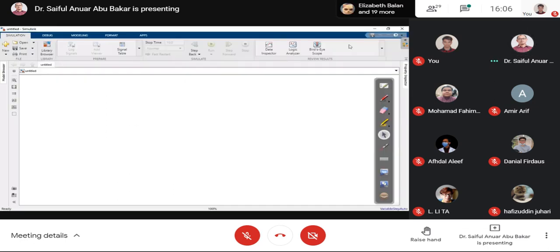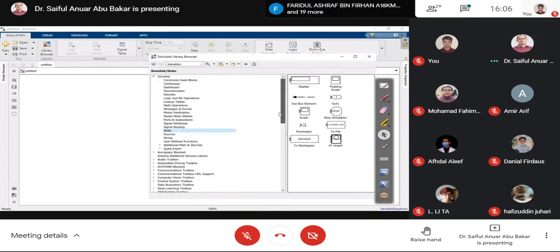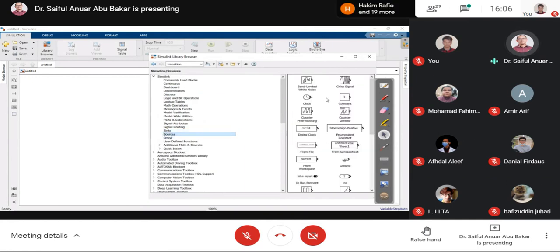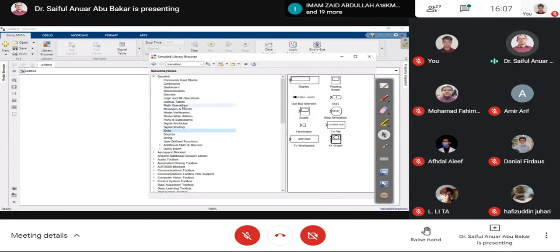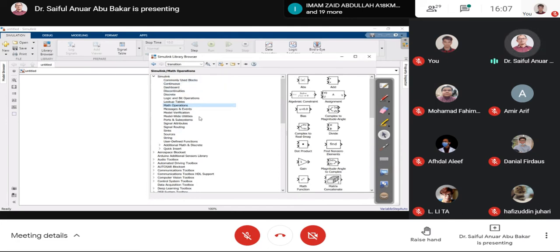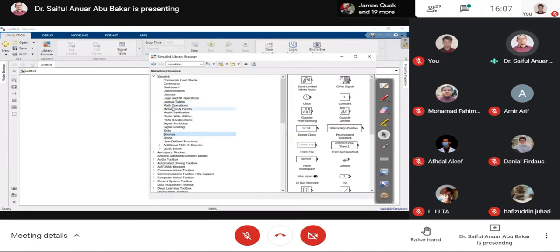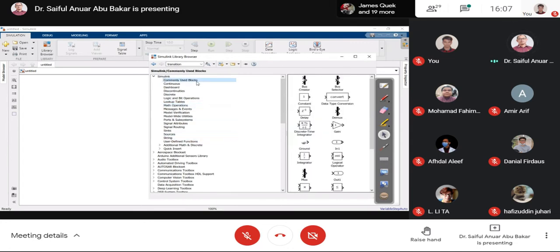Okay, now for this one, the equation is 3x plus 5. Okay, sources. So we have sources and we have sinks. Sources is for the input. The sink is for the output, and then this is the math operation. And since this is the most common block, other than looking at the blocks under this category, you can also find this block under the commonly used blocks. Okay. So in this case, I'm going to use